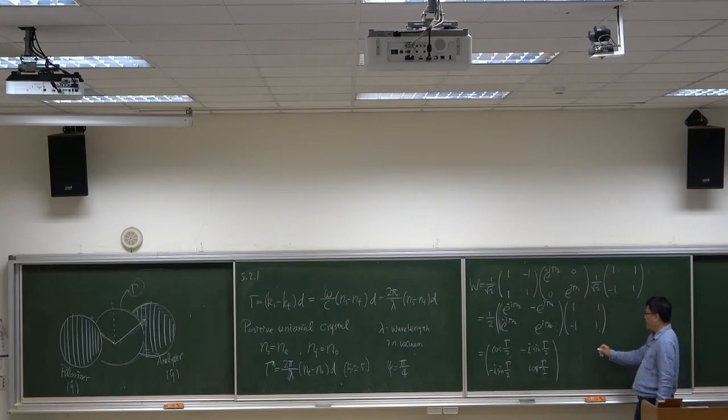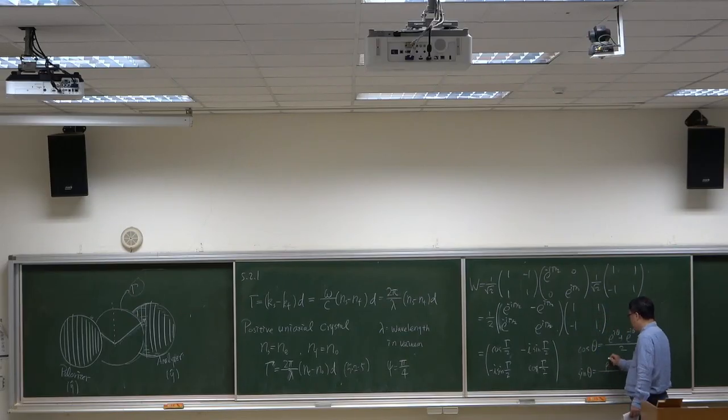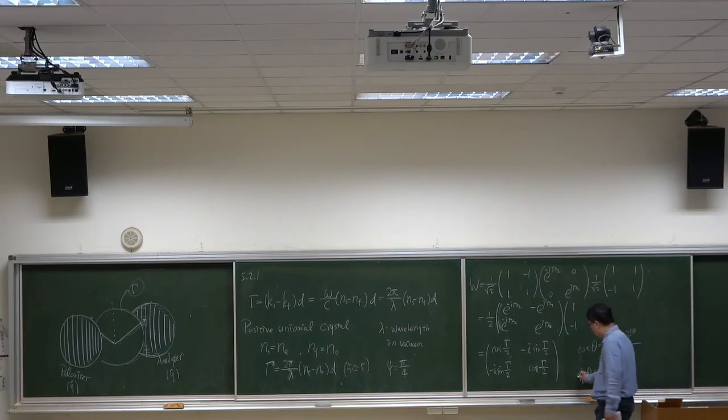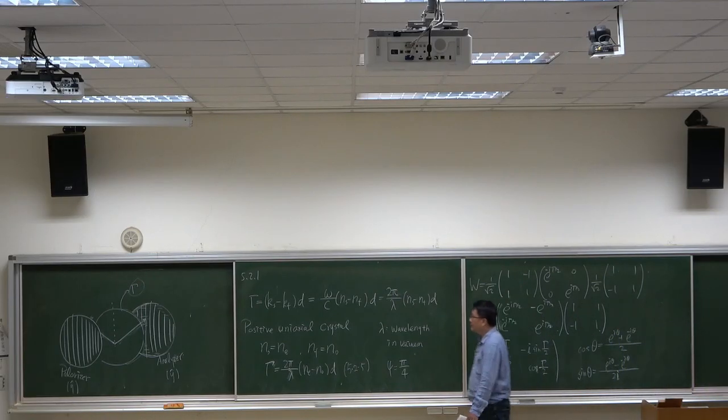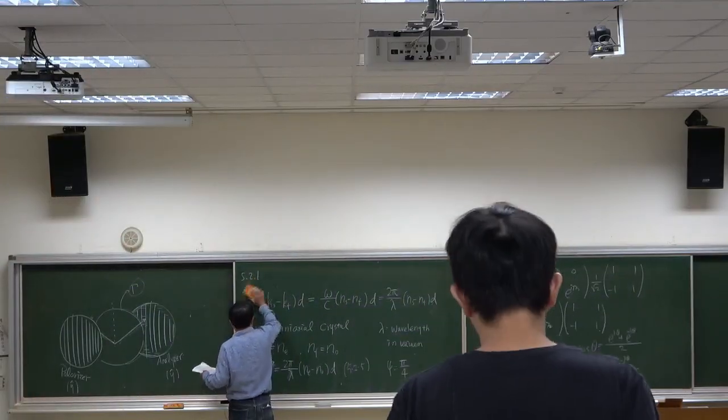Here we have used the fact that cosine theta is exponential I theta plus exponential minus I theta over 2, and sine theta is exponential I theta minus exponential minus I theta over 2I. Okay. 好，那我们现在 W 算出来了，那接下来呢，我们就来算一下这个